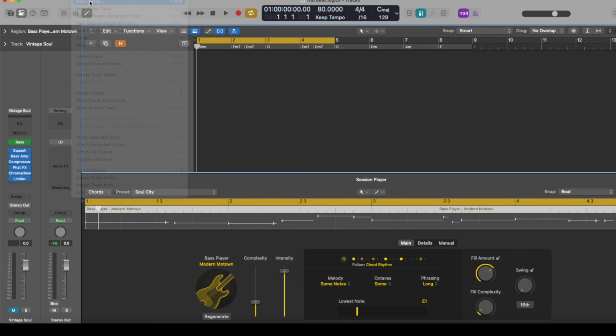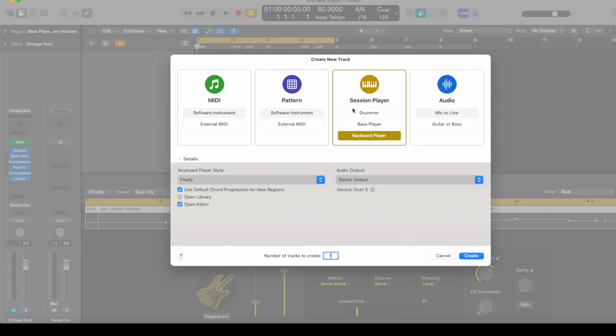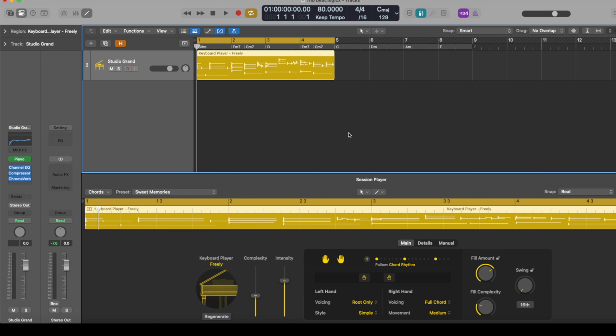So what we're gonna do, we're just gonna click on tracks, new tracks. It'll have different options to session player, we'll do keyboard. Now they have a few different player styles. You have freely, broken chords, block chords, arpeggiated, simple pad, it's kind of legit. So we'll just do freely for now, click create. And usually by default, Logic has some preset chord progressions in here. And so if we kind of play what they have, like,